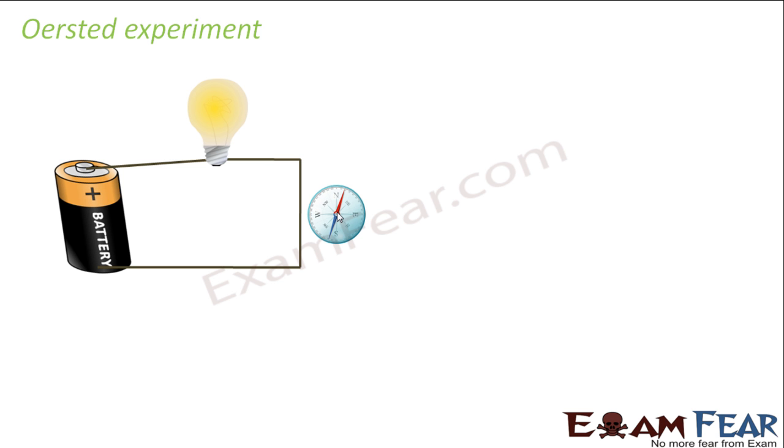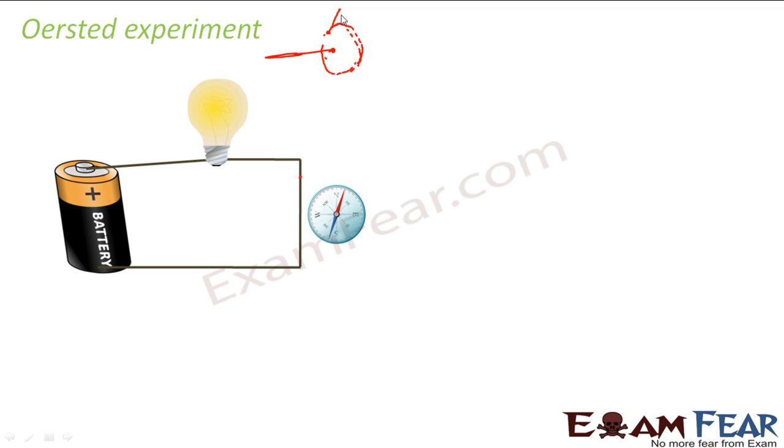With his results, he concluded that the direction of deflection is nothing but a tangent drawn to an imaginary circle which is drawn taking this wire as the center. Let us suppose this is a wire which is carrying current. If you imagine this wire as the center and draw a circle, I'm sorry, it is not exactly a circle, but whatever, then the tangent to this circle gives the direction of deflection of this magnetic needle. That was his observation, right?